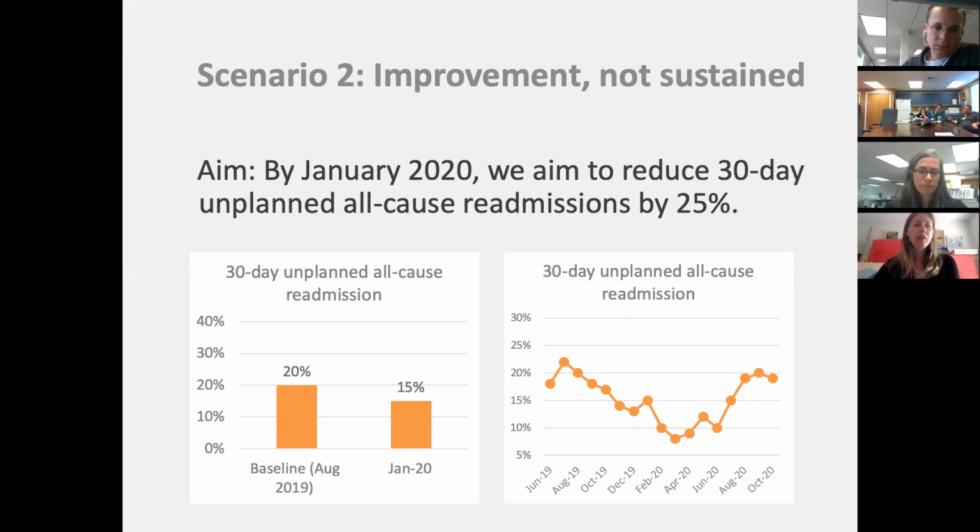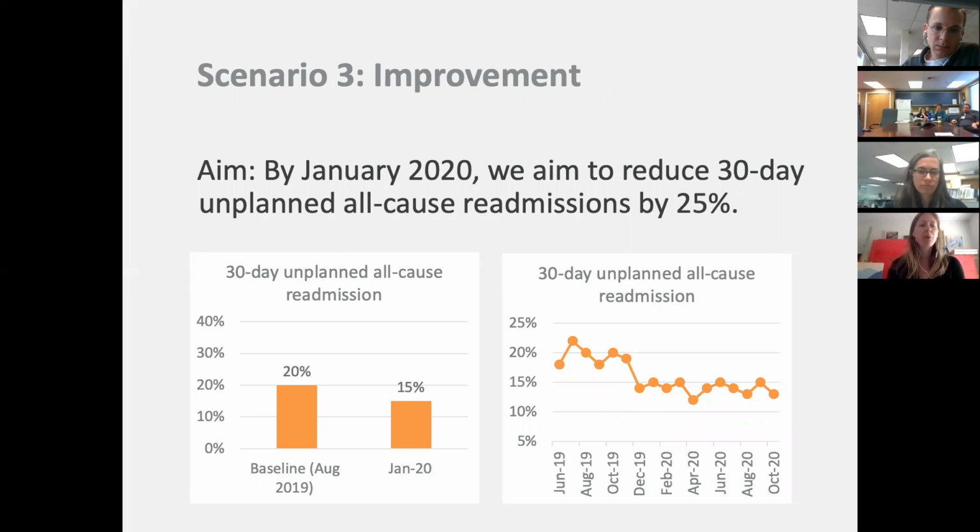A third scenario is improvement. So same data again, in August 2019, we have 20%. In January 2020, the same measure, we have 15%. But this data in a run chart here looks like we've actually made an improvement. So my point, really the key message here, is that